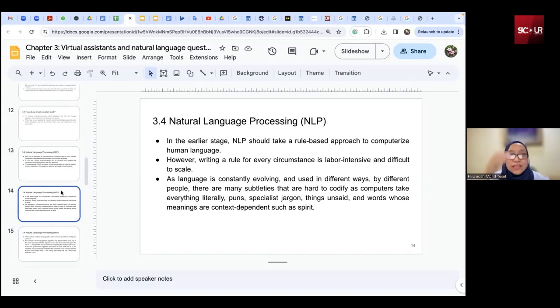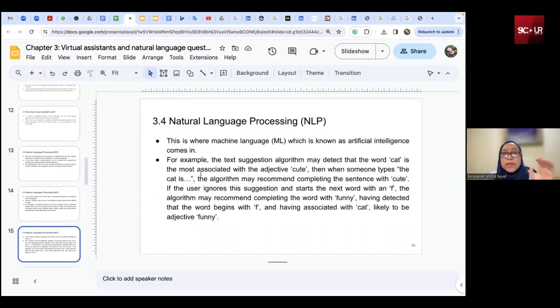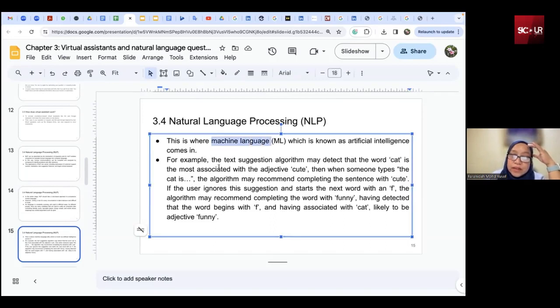So in the early stage, the rule approach to computerize language. However, writing a rule, this one just now I repeat. So this is where machine learning, ML, known as artificial intelligence, comes in. AI lah kan. For example, the text suggestion algorithm may detect when the cat, you will associate with adjectives like cute, meow, funny. So when you type the cat is, it will auto show cute. Or when you type F, it will automatically show funny that is related to the cat lah kan,